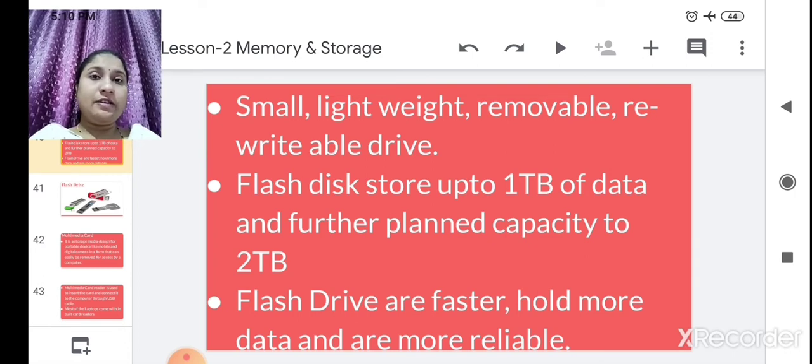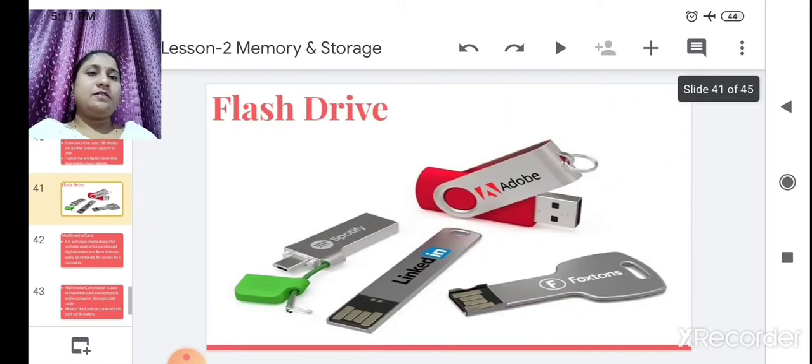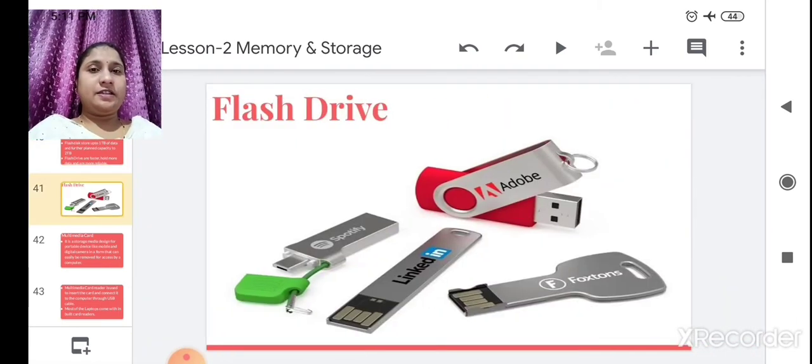More data we can save in a pen drive, and we can carry that pen drive with us, with all that data, at the same time. That's why it is said flash drives are faster, hold more data, and are more reliable. You can take it anywhere. So these are some flash drives, that is pen drives.